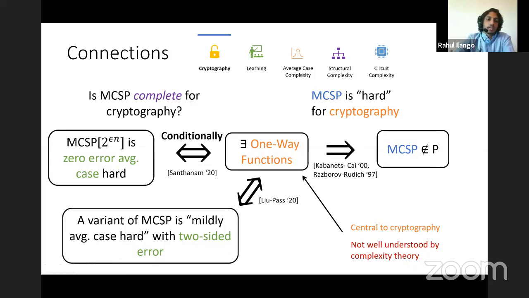Right now we get the feeling that the average case complexity of MCSP is really closely related to one-way functions. But a good open question is whether the worst case complexity of MCSP should also relate there, because we know in certain settings, as I'll describe later, that the average case complexity and the worst case complexity are the same. So it raises the exciting prospect that you could actually base the existence of one-way functions on the worst case complexity of some problem. And so I think that's really exciting.